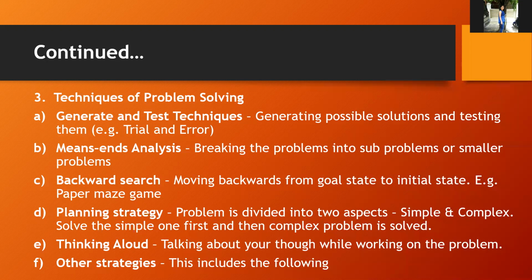This consists of generating or producing possible solutions and testing them. So you have a lot of possible solutions and you're testing them one by one, like trial and error. Now, solutions could be generated randomly, but a solution is not guaranteed. Sometimes you're generating the solution by chance because you're trying out, right? Suppose you're preparing a new dish, you're just trying out. So it might come out well, it might not come out well. This type of technique is suitable when there are fewer possibilities, obviously. You keep trying until you reach the solution or you run out of possibilities. You keep trying until then.